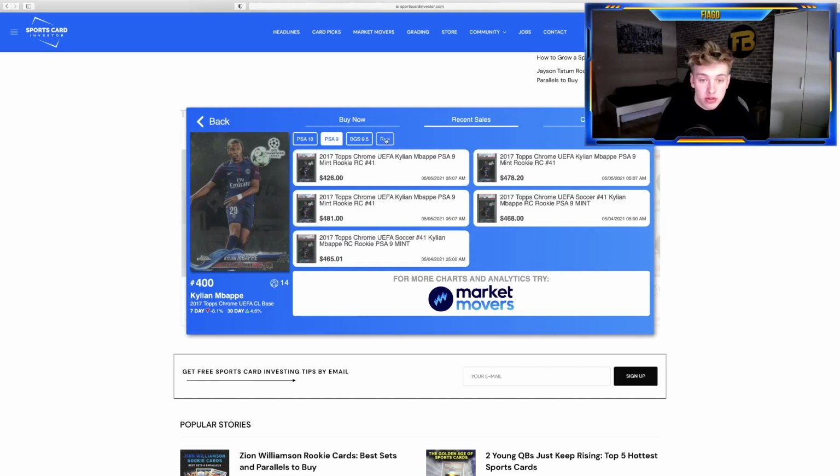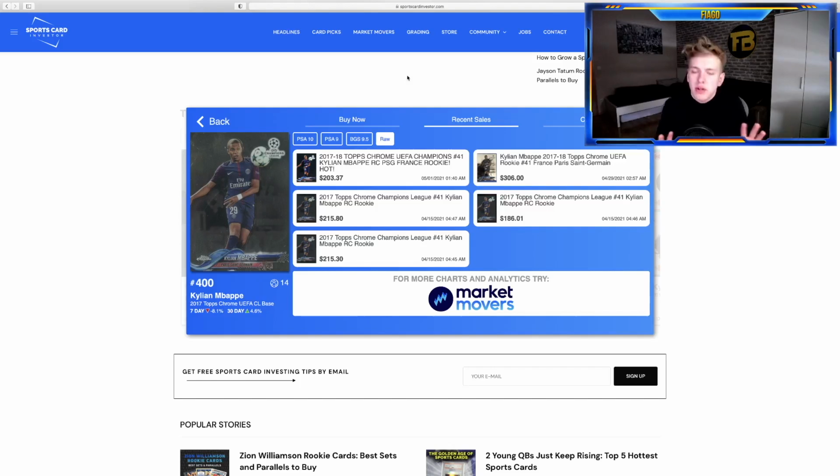And then you go to Raw here. You can see that it goes for 200, 300, 215, 186, so these sales are all pretty recent too. 1st of May, someone picked him up for 203. So let's say you would be able to pick up this Kylian Mbappé raw card for $250, and then you also have to calculate your costs for grading, because obviously you have to pay a fee